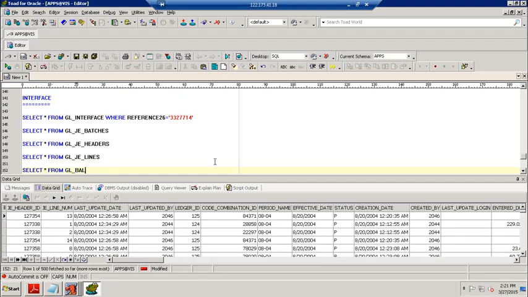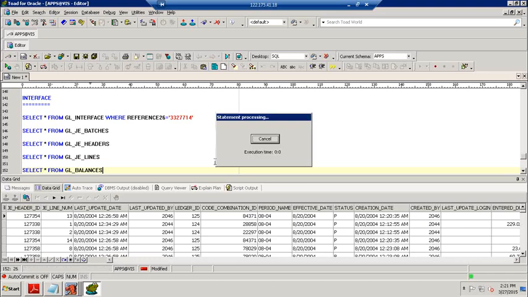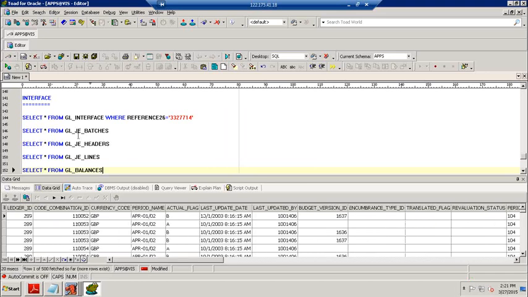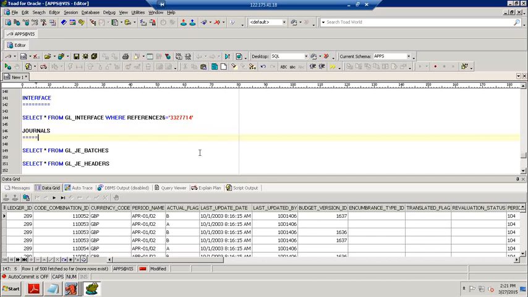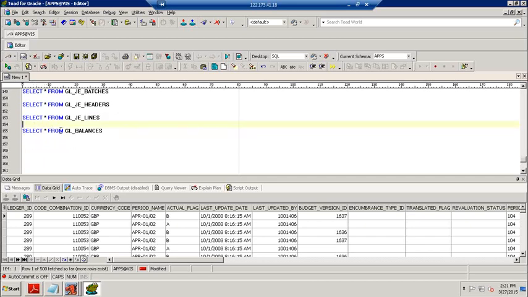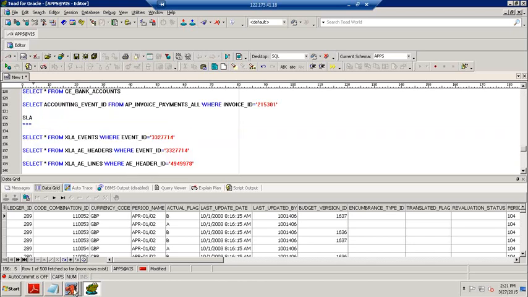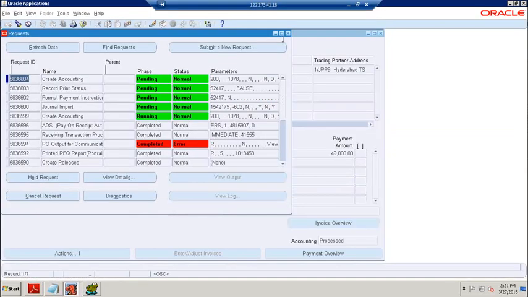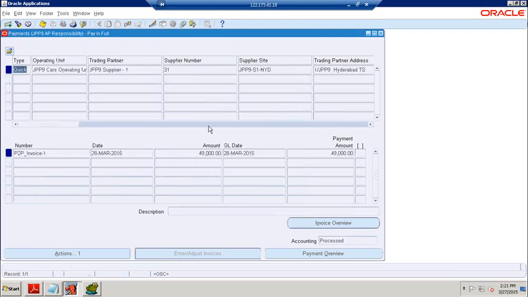Finally the data is reflected into the balances. Okay, so this will be called journals. Once we post the journals, then this table is reflected. So these are the tables reflected in our procure to pay process.